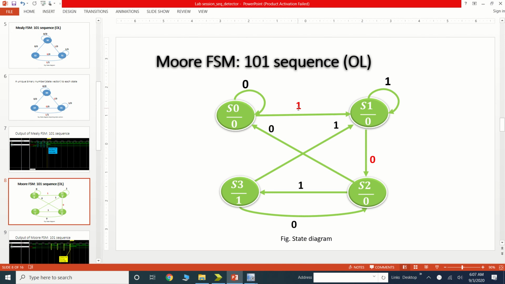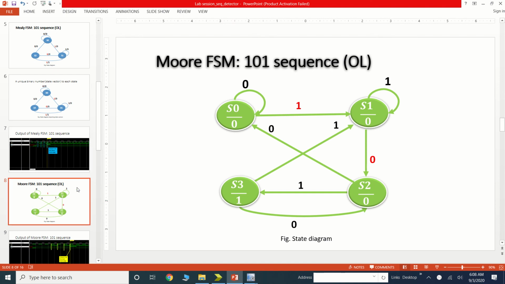Then when the input equal to 1, it will move to the next state S1. When we are at the S1, when the input equal to 0, it will move to the next state. And in this we have the S2 state and the input equal to 1, it will go to the S3. Here again it would be the 1, 0 and 1 sequence. So when we are getting this desired sequence, our output is 1.